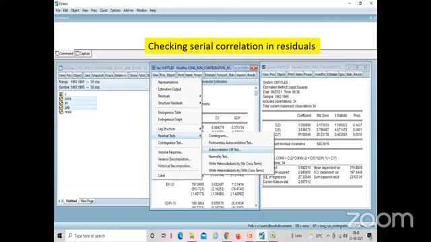Remember one thing, on that day also I told you the same thing: for residuals, the p-value should be more than 0.05, and for the model or everything, causality, the p-value should be less than 0.05. So here in residuals, we are looking for a p-value more than 0.05 because our null is there is no autocorrelation.